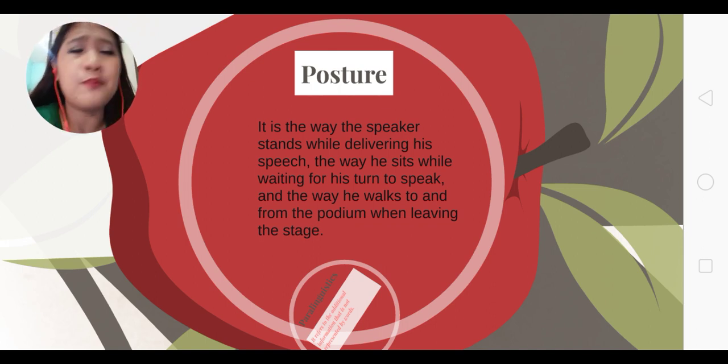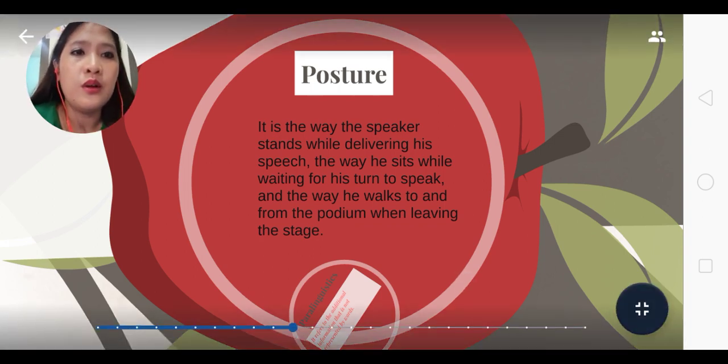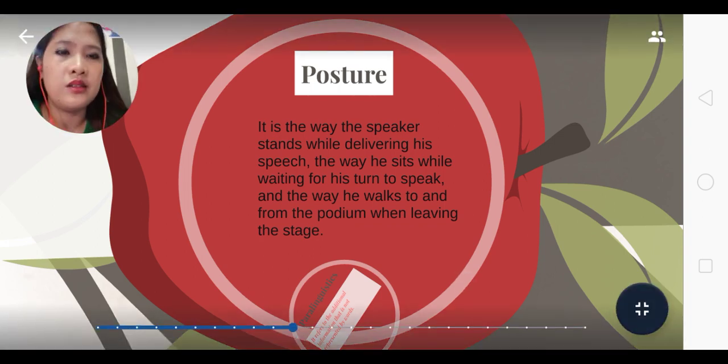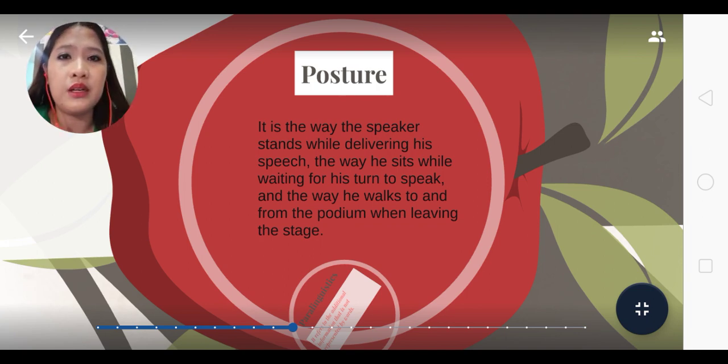That's why it's very important that we look presentable, we look confident, because that's where it all starts. Remember that this world is full of judgmental people and people who rely on their first impressions. So might as well give your best shot when you have to deliver a speech or a talk or your recitation or anything else that is related to speaking in front of a crowd. Yes, you cannot please everybody, but at least give it your best shot.